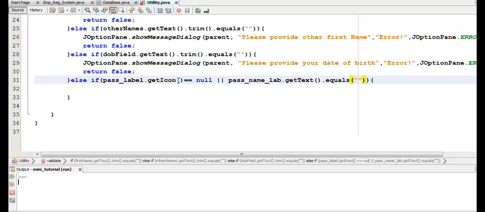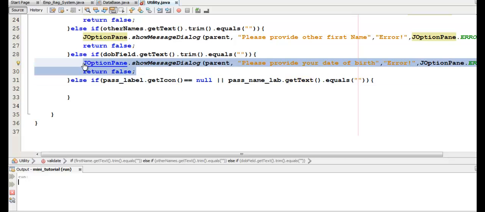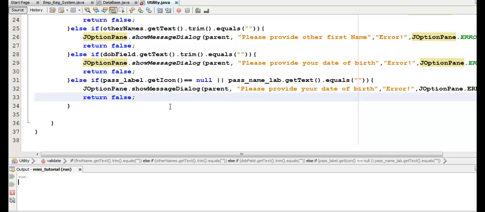Okay, it means that when the label that is supposed to contain the icon is equal to null, that is nothing is inside of it, and the passport name label dot getText equals nothing here, it means that nothing has been done already. So I'll just copy and paste here and say